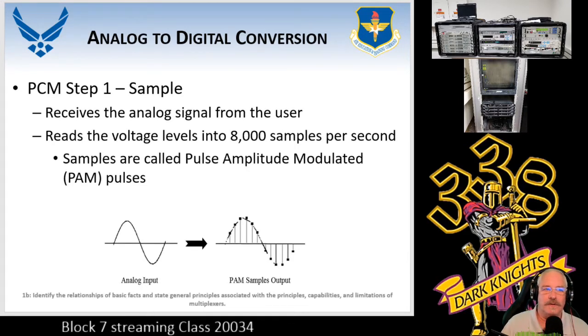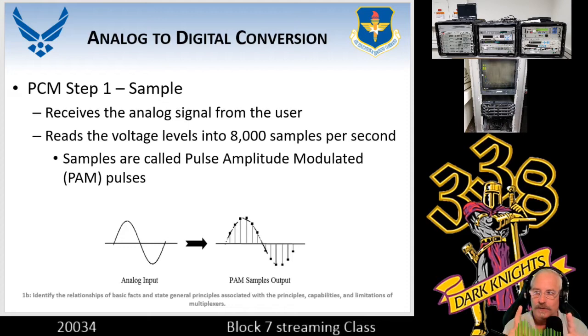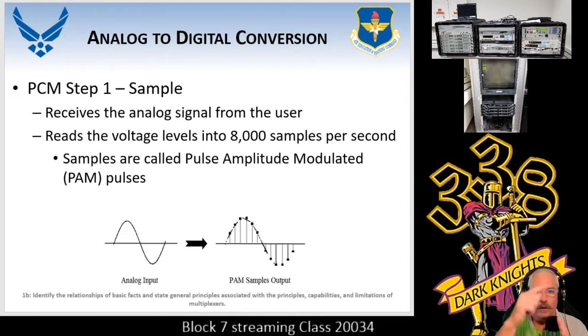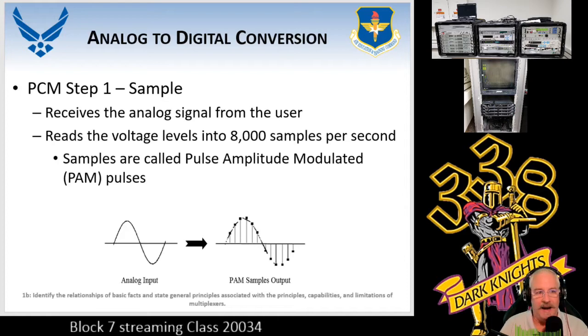With the first step, sampling, we're going to horizontally check this signal out. We're going to divide it into 1 second, and we're going to sample that 8,000 times in that 1 second. Now, what does that mean? Well, in that horizontal area, we're going to divide it into 8,000, and then we're going to look at the waveform and hit every one of those pulses in there, and it's called pulse amplitude modulated pulse, which is PAM, like